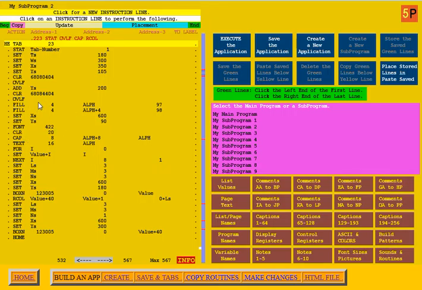The next thing we're going to look at is capitalize, C-A-P. We're going to fill the first 4 characters of alphabet with 97, that's a lowercase a. We're going to fill the next 4, that would be the ones at alphabet plus 4, with a 98, that'd be a lowercase b. Then it says here we're going to set